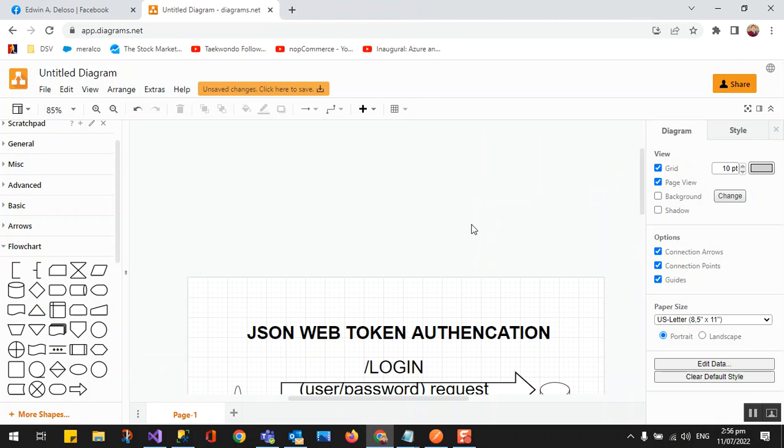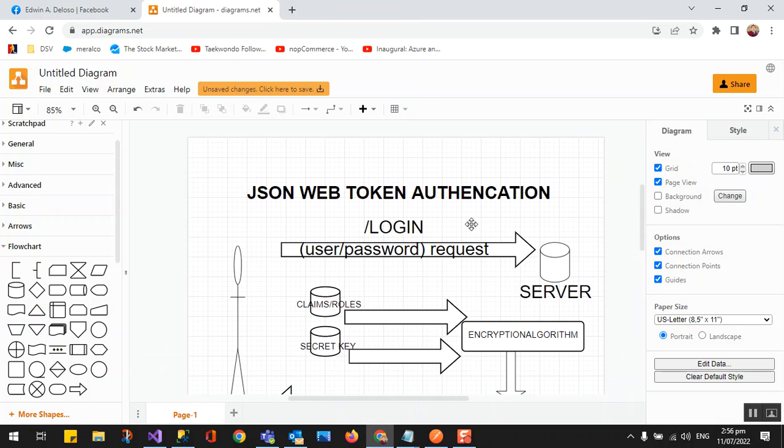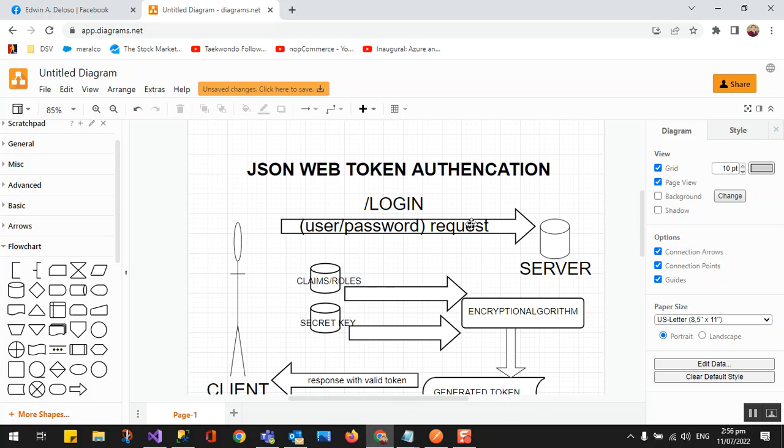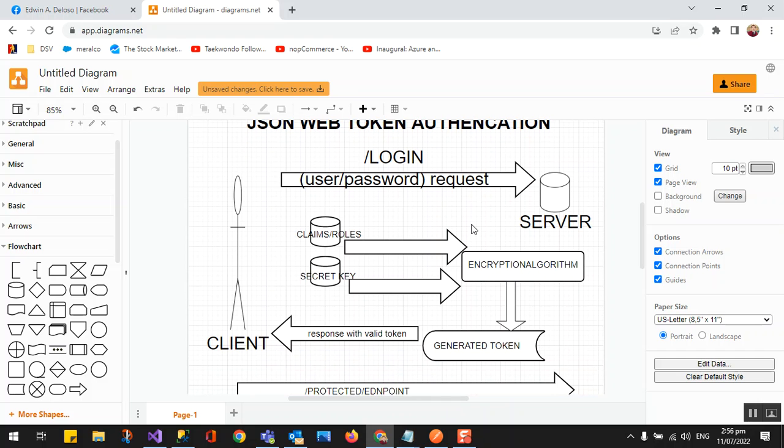Okay, so I have created this diagram because I will be sending this to my boss for his approval, that we can use this in any client plugin. So basically, you're the client.